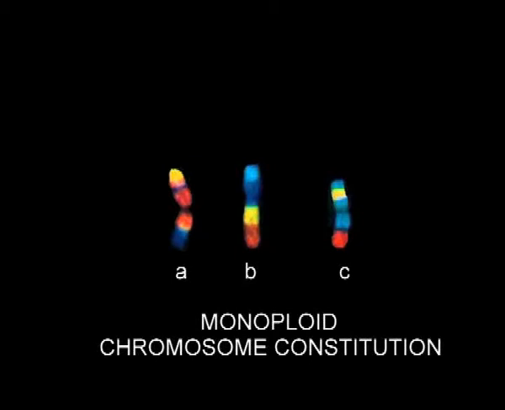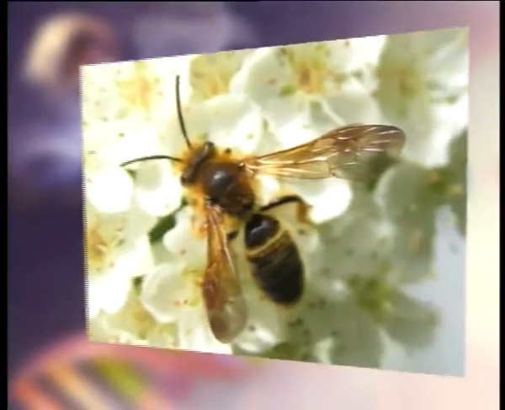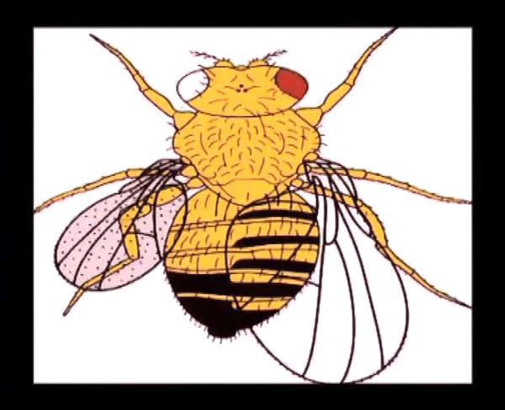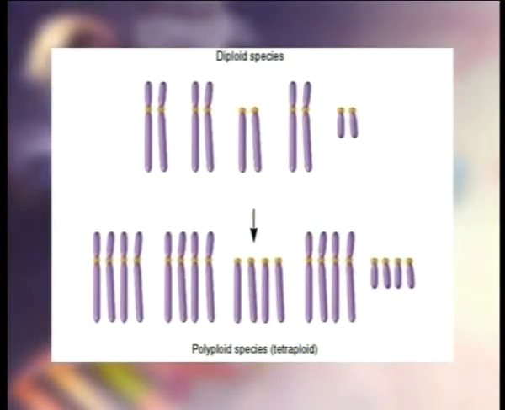Many monoploids probably do not survive because of the presence of recessive lethal mutations in the chromosome. Certain species produce monoploid organisms as a normal part of their life cycle. Some male insects like ants and bees are normally monoploid because they develop from unfertilized eggs. Consequently, these individuals will be sterile. Polyploidy is the situation in which a cell or organism has more than its normal number of sets of chromosomes.